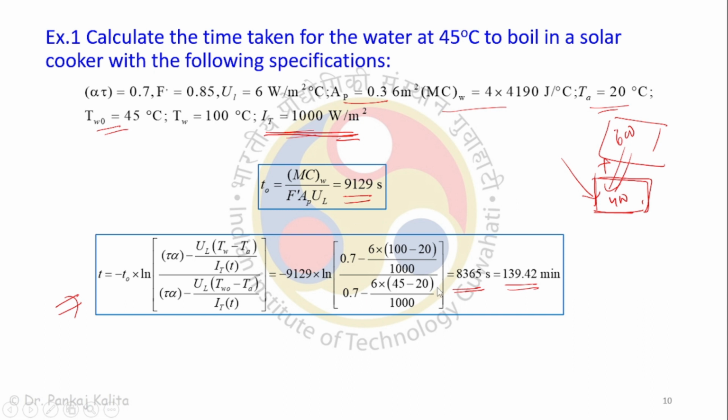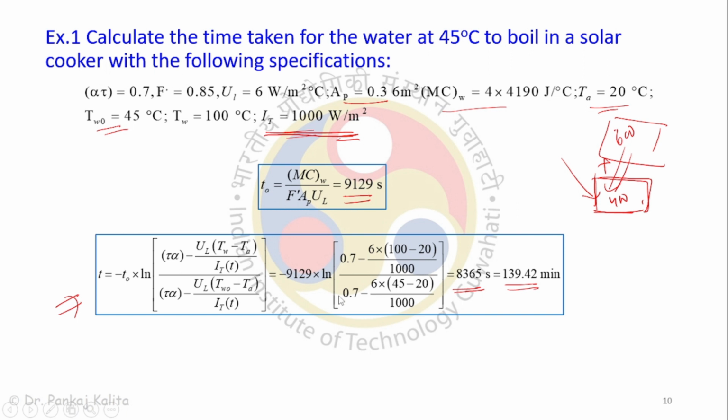A similar type of question will be there in the assignment. I am not going to solve that question because it is solved here and I want you to solve it. You generally avoid this type of question, but these are very simple and straightforward questions which can be easily solved. So just try to solve it. If it cannot be solved by yourself, then I will solve it. Putting in all those values, you see how easily you can solve it. So the t naught value is 9129 seconds.